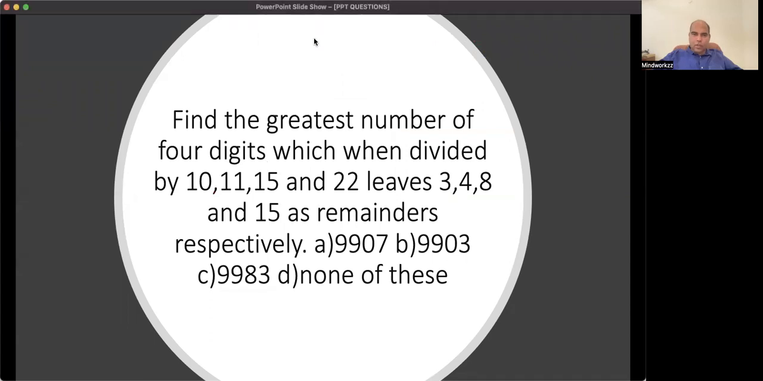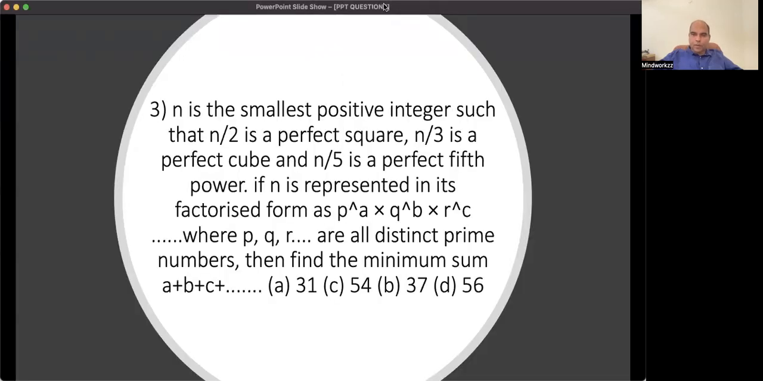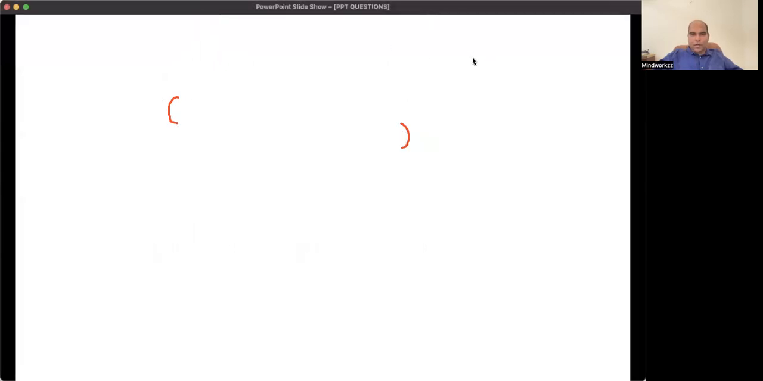And the last question, the third question for today, which was also sent by Gublu. N is the smallest positive integer such that n by 2 is a perfect square. Before you go ahead with this question, understand what this means. If n by 2 needs to be a perfect square, it means, and this is all from the vision of prime factors that you get this. If you have a number n divided by 2, and this has to be a perfect square,